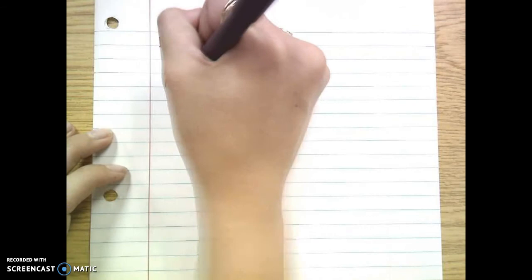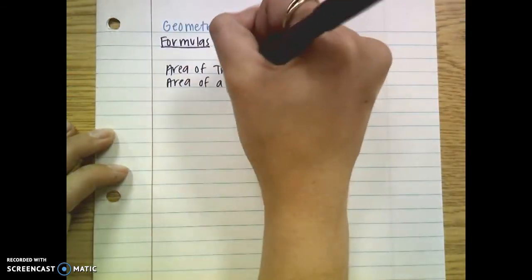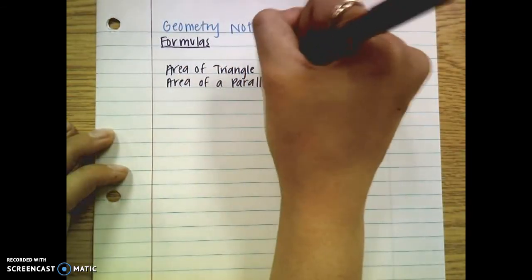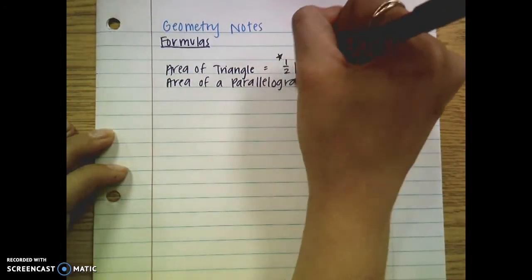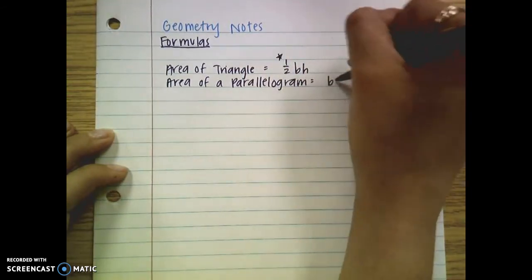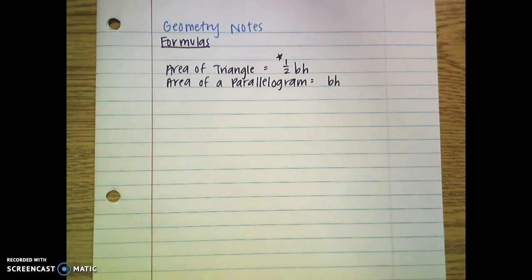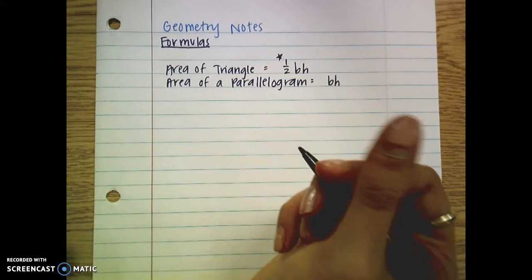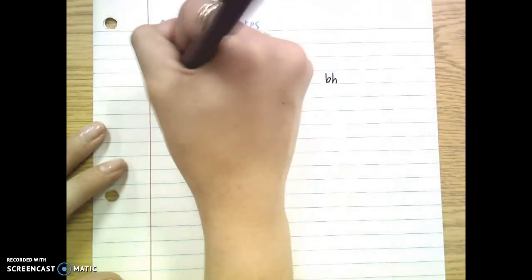Area of a parallelogram equals base times height. So I'm using those same measurements, just the base and the height, but there's no 1/2 this time. The last one we're going to use is volume